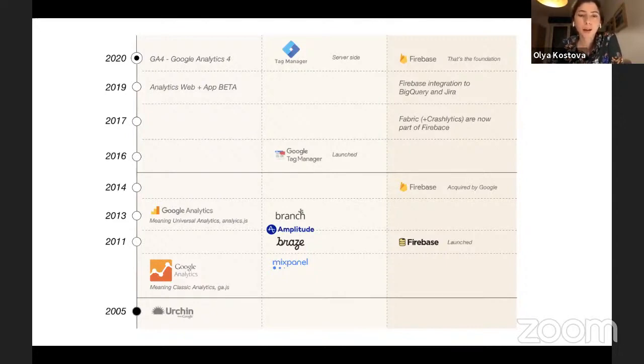And at the same time as the development of Firebase, Google Analytics was also developing. In 2019 they launched Analytics Web Plus App beta, and that was brought out to the market because lots of clients, imagine you have a website and you have several apps, and then you have so many tools. And in order to answer such a simple question, how many users do you have, or how many sales do you have,